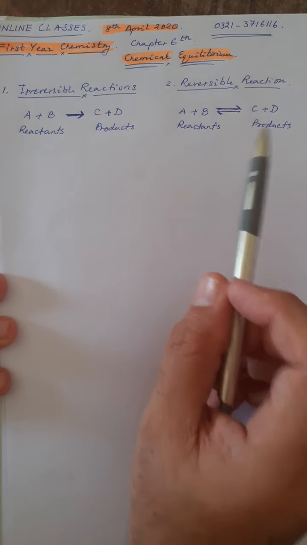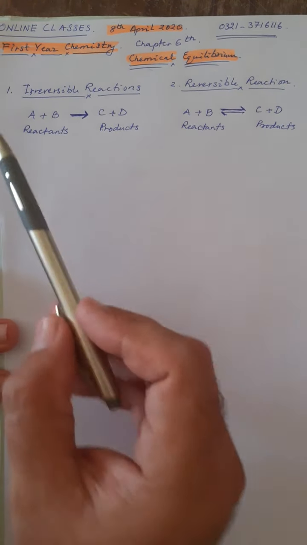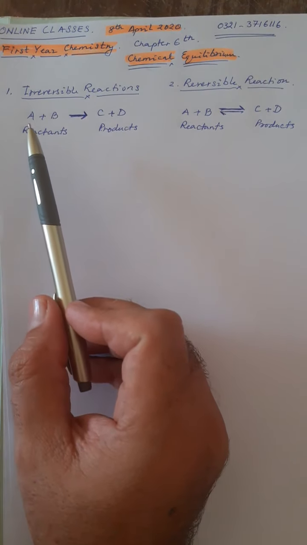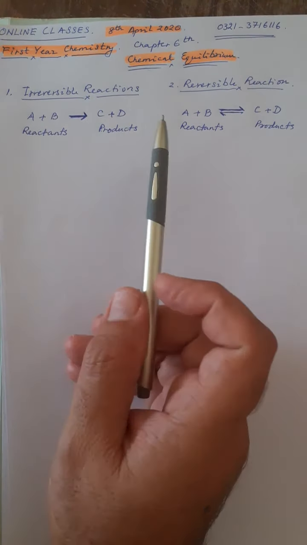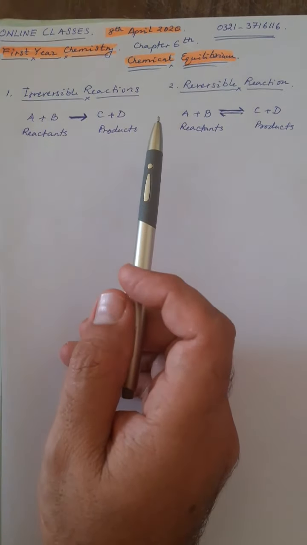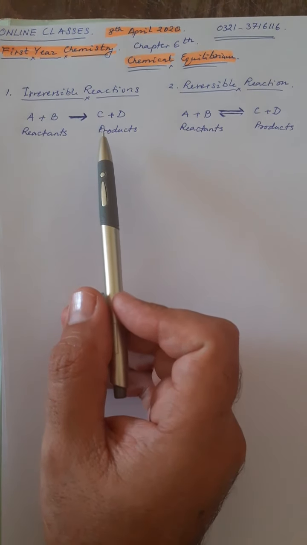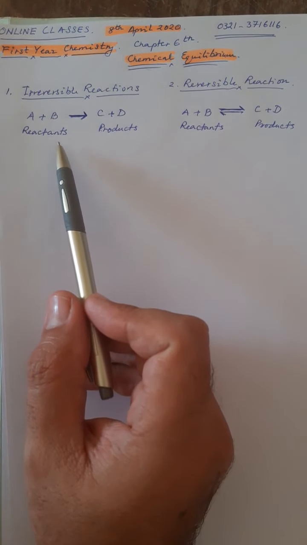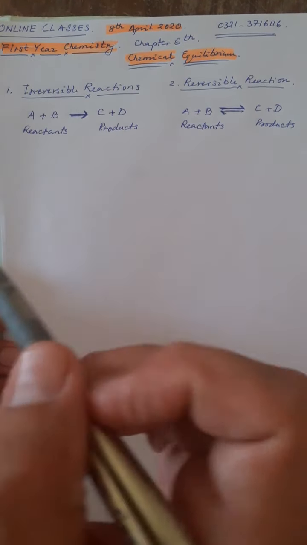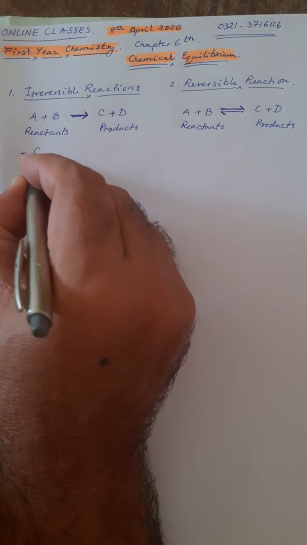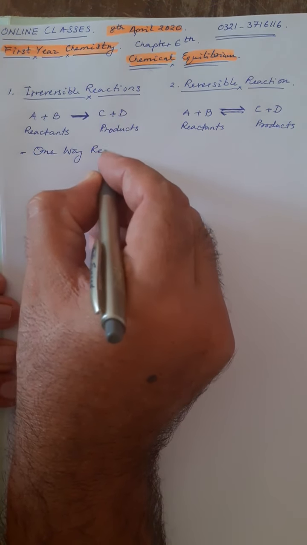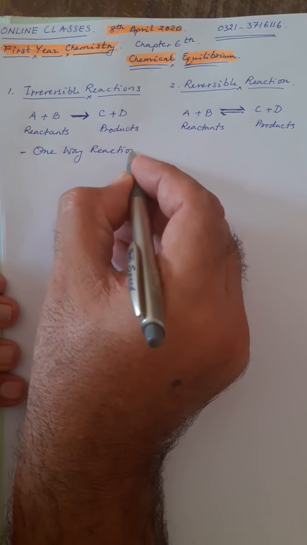These are the reversible reactions, and these reactions are called the irreversible reactions, in which the reactants will react and form a product sooner or later, but the products will never come back to the reactant. These are called one-way reactions. They always go for completion. So these reactions are called one-way reactions. They go only in one direction,